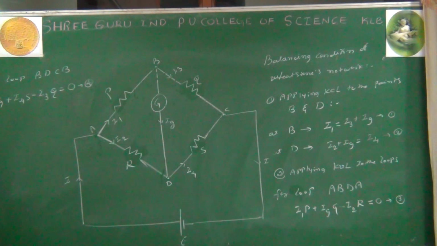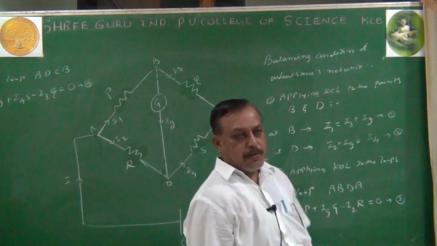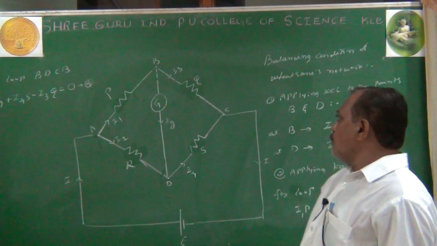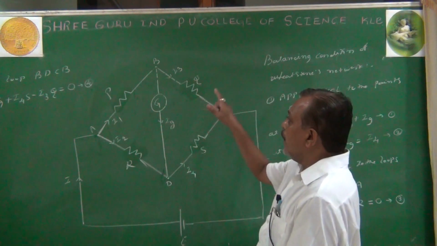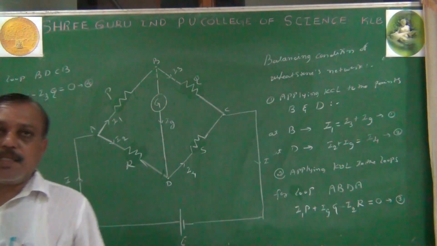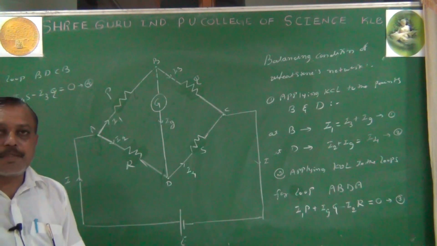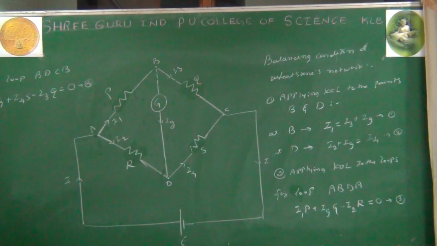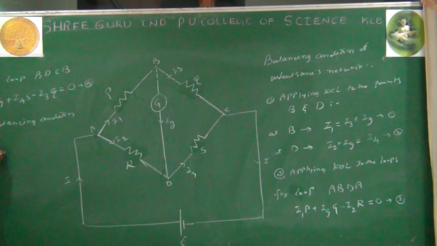Is it clear? Then, what is the balancing condition to be achieved? According to the explanation earlier, by adjusting the resistances in the network such that the current through the galvanometer is 0, the network is said to be balanced. Now this is the theoretical sentence. I cannot write all the things once again here. When the network is balanced, what happens? The current through the galvanometer is 0. At balancing condition, Ig equals 0.